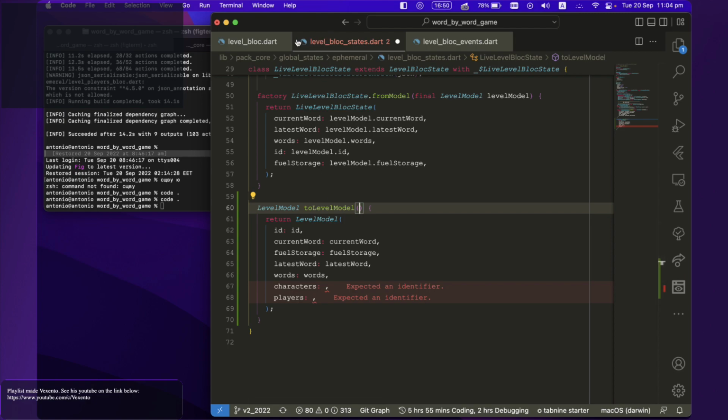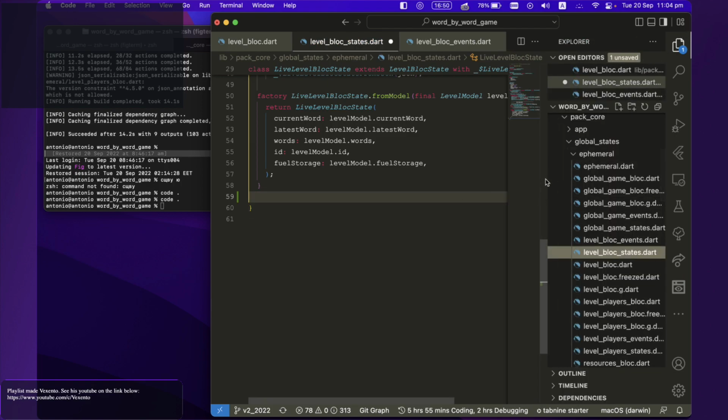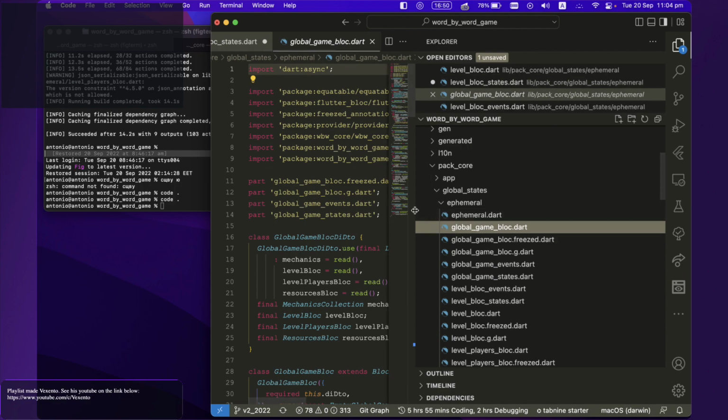Or a third option would be, maybe it would be better if I will create